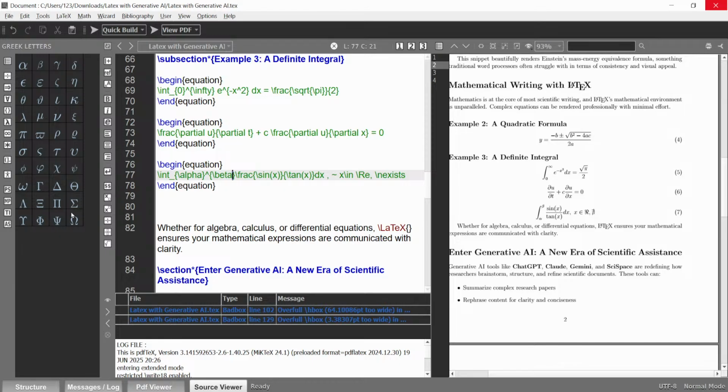These symbols are available here, every symbol is there. You just need to click, and the symbol will be inside your content, and when you build the file, it will be automatically inserted in the final document which you are writing.